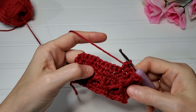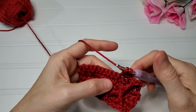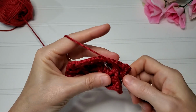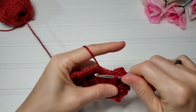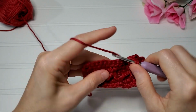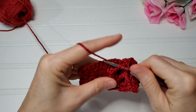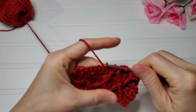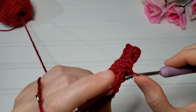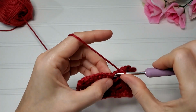and now we're going to begin our front post double crochet 2 together. So yarn over, insert your hook back behind the same 2 stitches, yarn over, pull back through, yarn over, draw through 2 loops. Now we're going to get behind the next set. Yarn over, three loops on your hook, skip that stitch, 3 single crochets back behind,